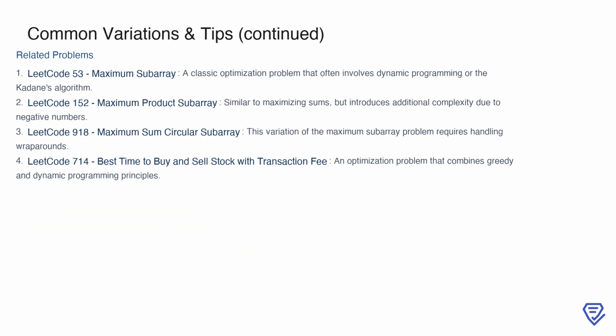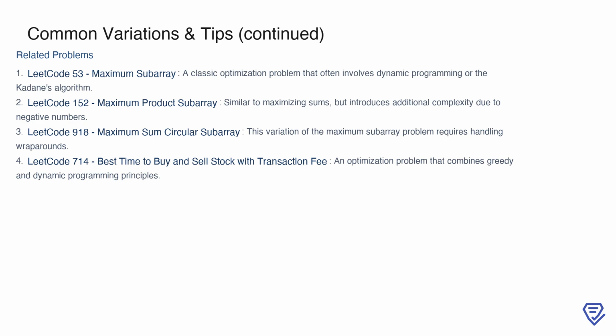There are several related problems that can help you build a deeper understanding of optimization techniques. For instance, LeetCode 53, the maximum subarray problem, is a classic example that utilizes dynamic programming or Kadane's algorithm to efficiently find the solution. Another is LeetCode 152, maximum product subarray, which introduces added complexity by requiring careful handling of